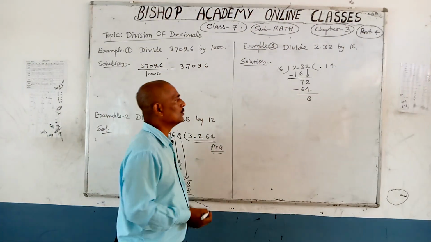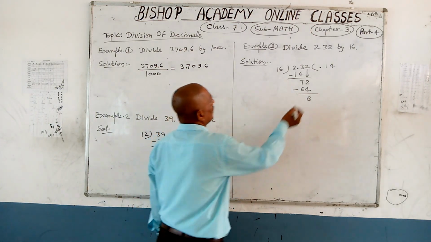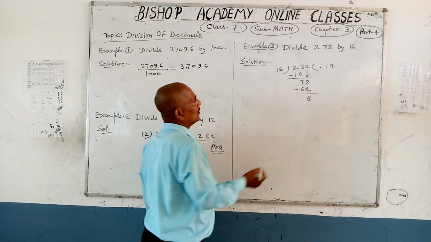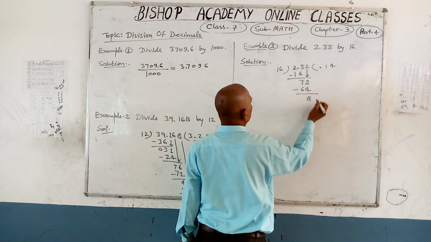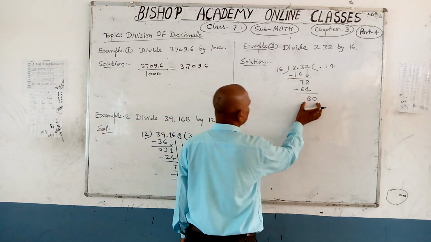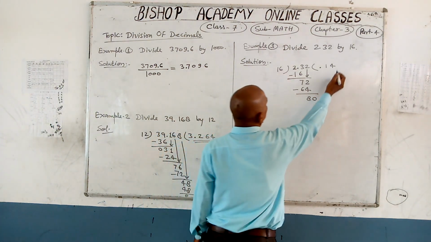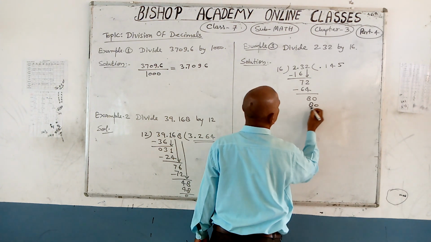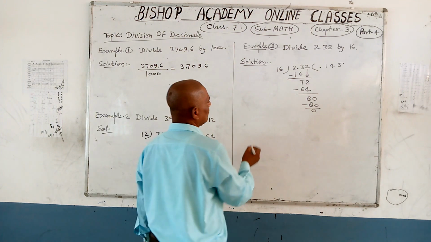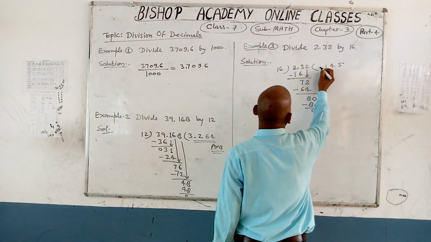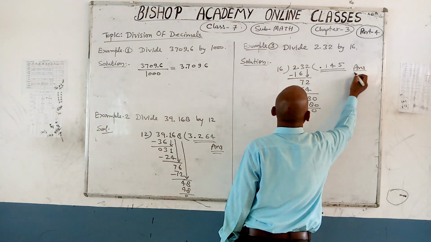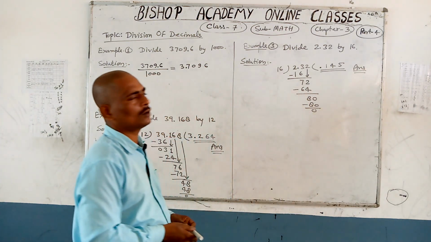Then what will you do? Listen. You have already shifted the decimal in the place of quotient. So with the credit of this decimal, you can take 0 here. And now 80 is divisible by 16 5 times. You completed the division process, and your answer is decimal 145. This is your answer. Decimal 145.